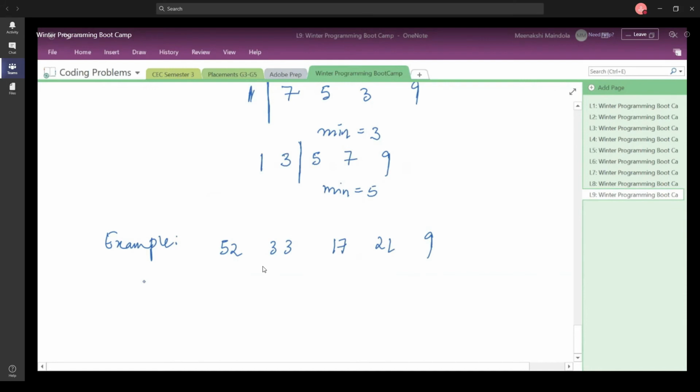Okay, yes. So now tell me after every iteration, what will be the output of the array and how will you reach the sorted array? Yes, so go ahead and post your answers in the group.